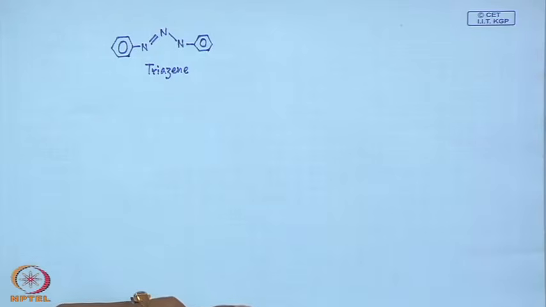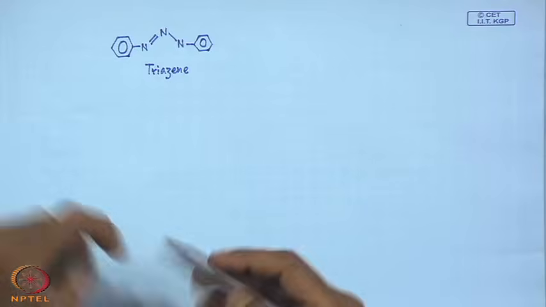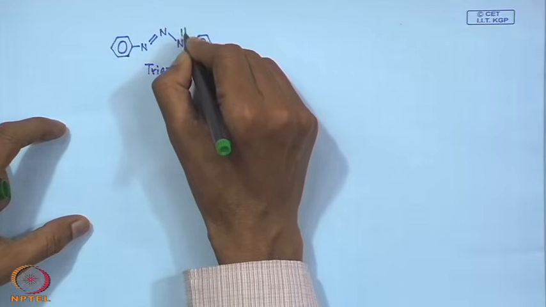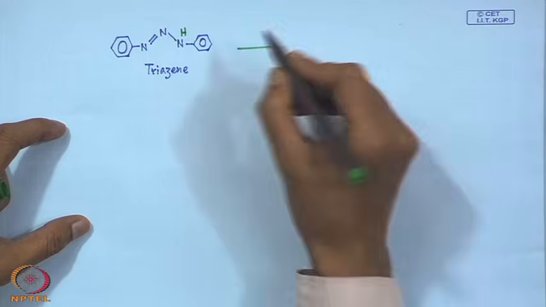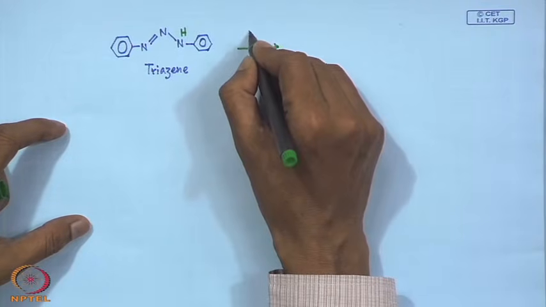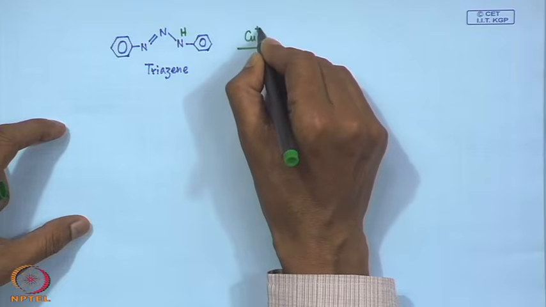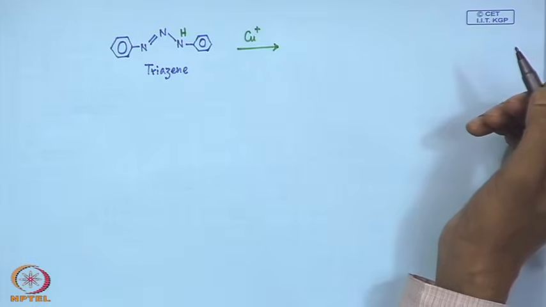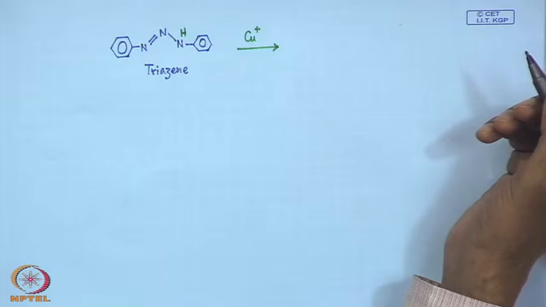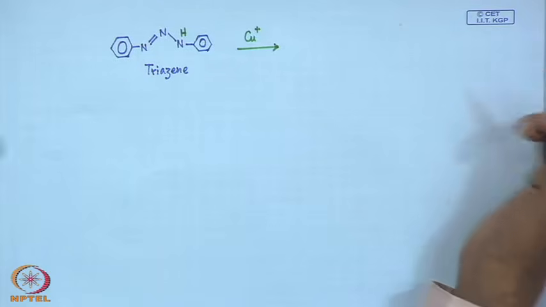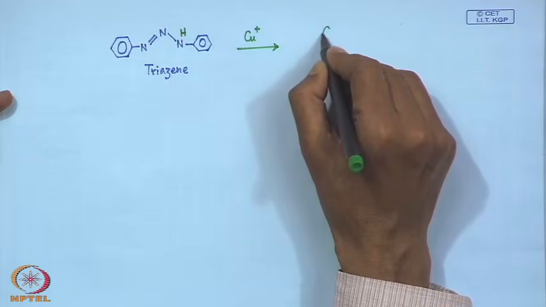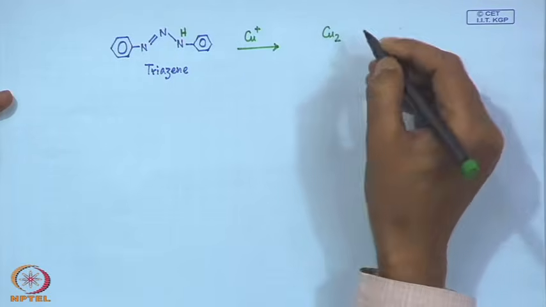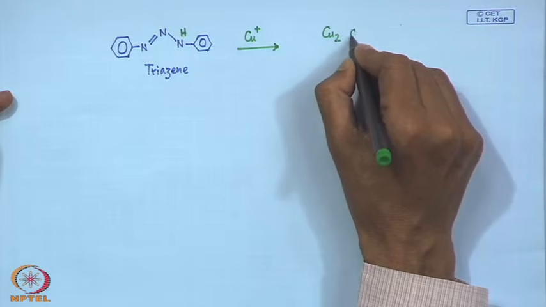The reaction of this triazine ligand, obviously it will have one hydrogen over here, with a copper 1 salt, how does it go? This gives a very useful molecule, a binuclear compound. So, what we get is a copper 2 complex,